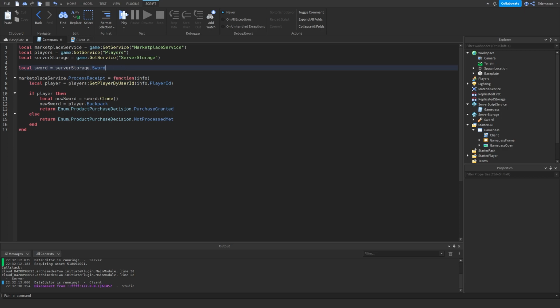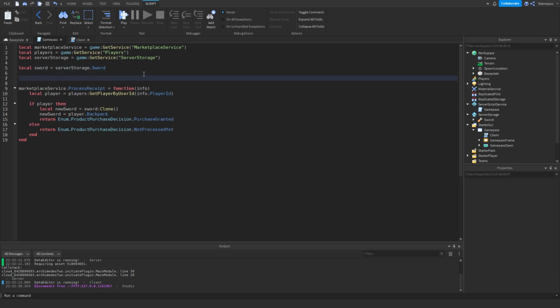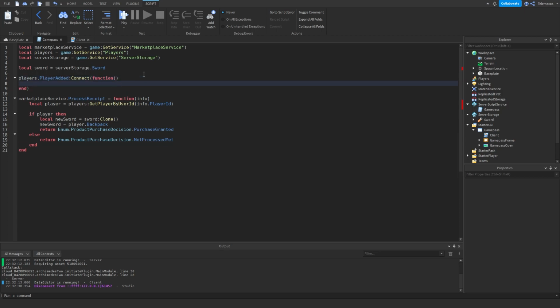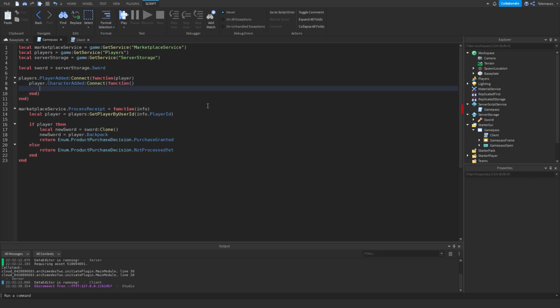Now I'm gonna make the smallest script, the last piece, and this is for game passes. So player added connect function, like that, and then we're gonna get the player, of course, and then we're gonna do player dot character added connect function. So this is gonna fire when the character loads in, and we're gonna get the character here as well. And then we can get local humanoid is equal to character wait for child humanoid